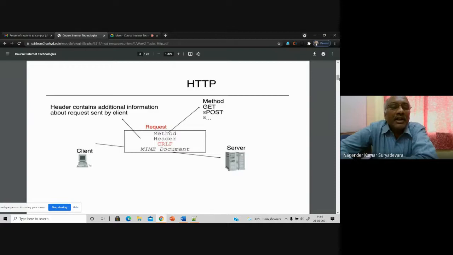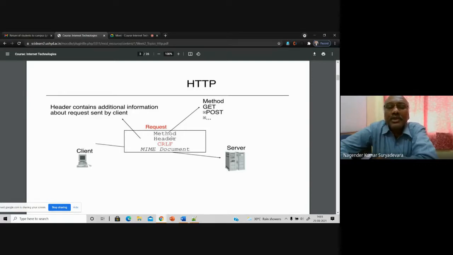Whenever a client asks for something from another computer, there is a server which hosts several web documents or resources, interconnected over the network. The client usually sends a request, and the request contains different parameters, in simple terms different methods.